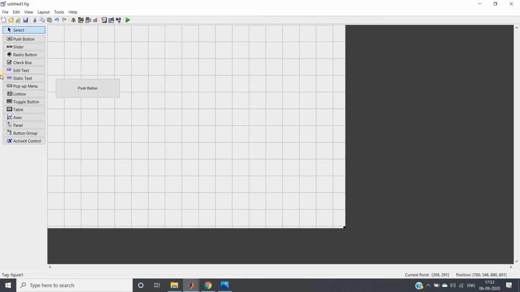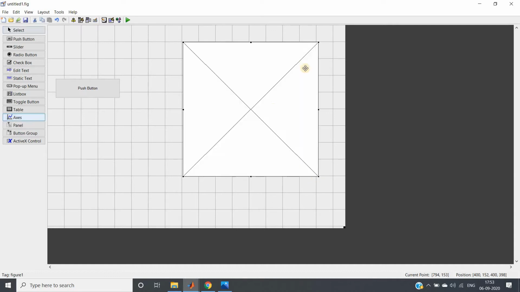Then here I am taking axes. The axes is basically used to display the image. Here I am taking it for the image display part, axes 1, and one small window in the lower part I have to keep, which will give us the value for the card number. What is the card? 3 of diamond, 5 of diamond, like that, 5, 3, etc. These values it should show. For that we are going to use this edit text. The text will be edited each time, so here I am keeping that.